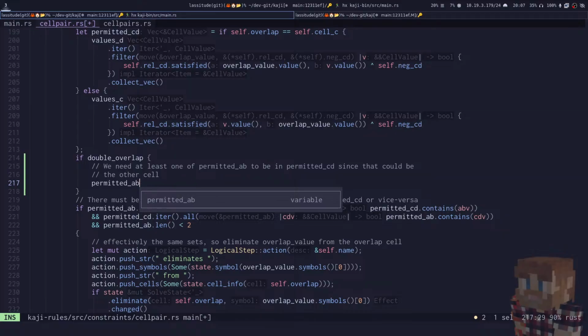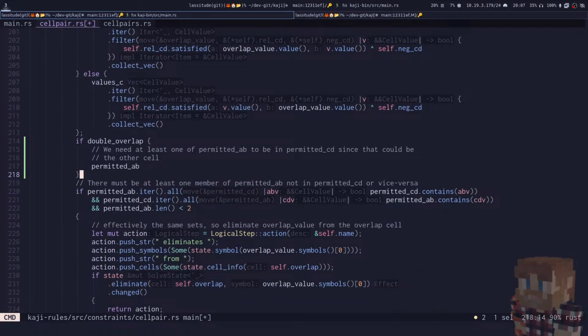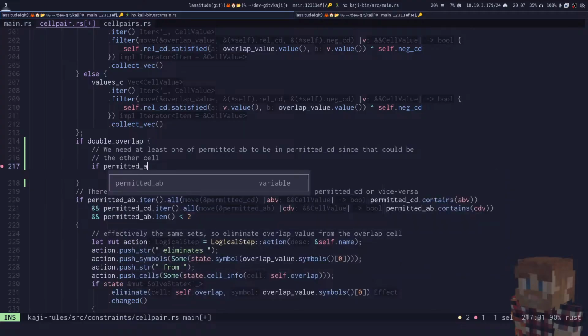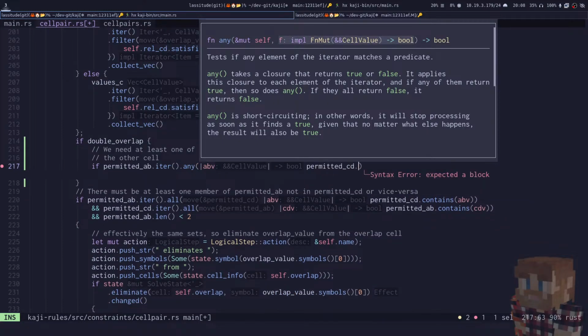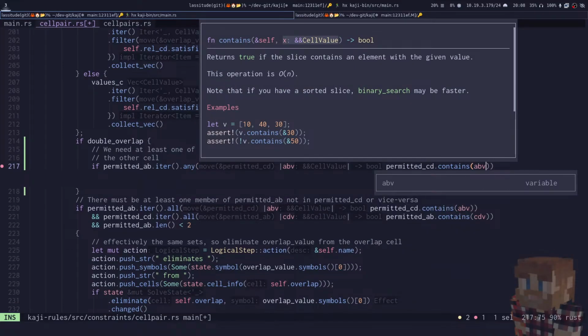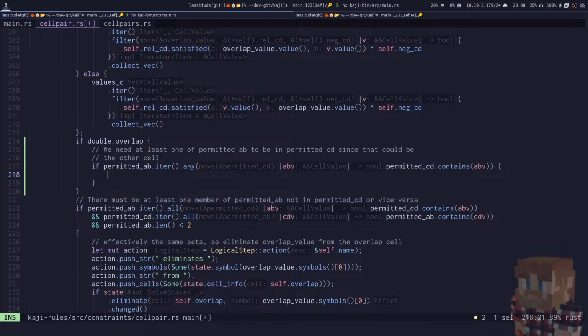So permitted AB is a vector of borrow cell values, permitted CD similarly. So what we're interested in is there's got to be at least one. So if permitted AB dot iter dot any given AB value, permitted CD contains AB value, we know there's an overlap and therefore everything is good. So what we can do then is we can say, if not any of that, we're broken. Well,